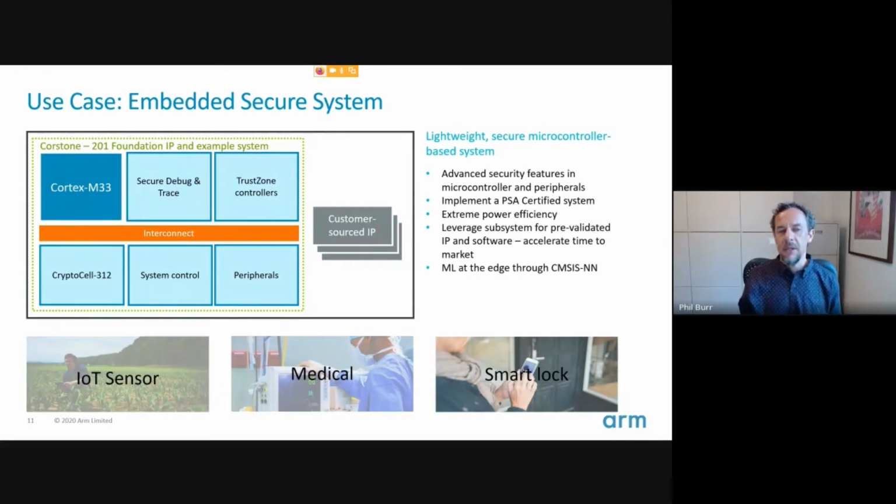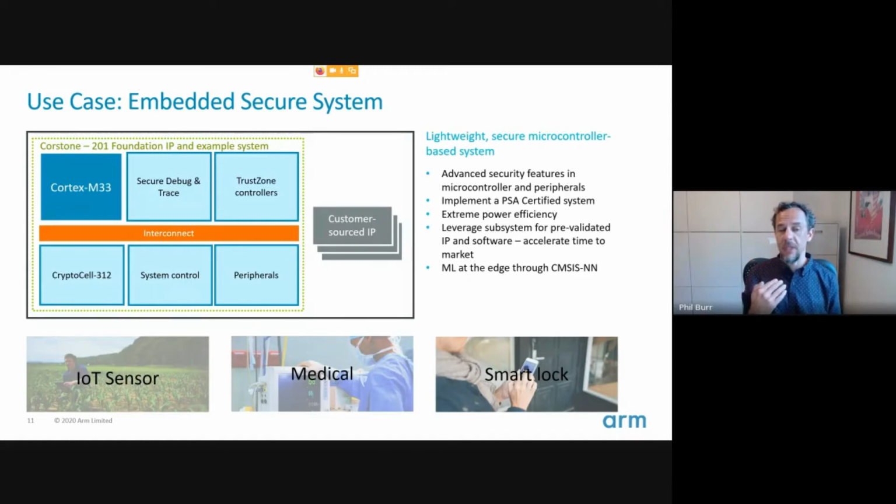This implements our TrustZone security capability that separates a small amount of secure software from the main body of the software. That means much easier to implement security on the device, and that works together with our smaller Cryptocell product,